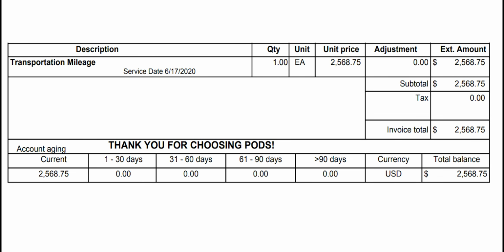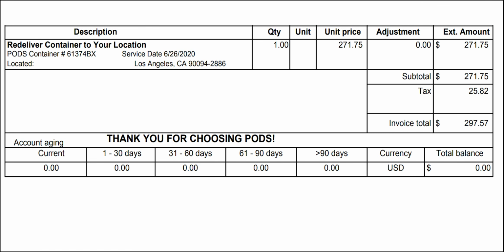The second bill I got from PODS is the $2,568.75 to have the pod shipped from Indianapolis all the way to Los Angeles. The third and final bill I got from PODS is when they re-delivered the container to my new address in Los Angeles. This fee was